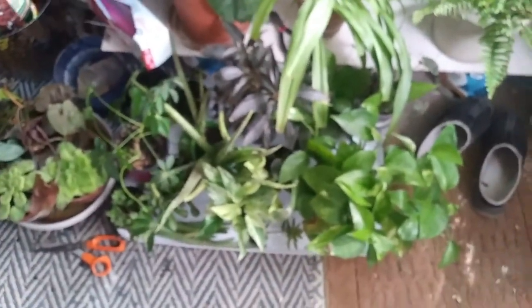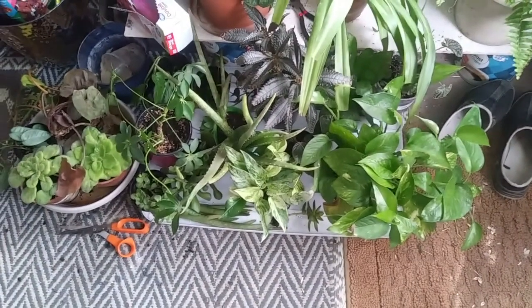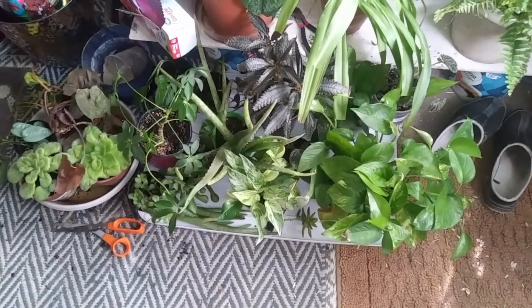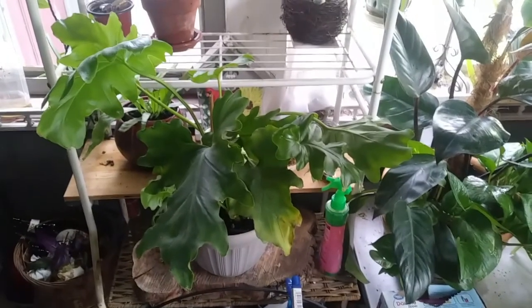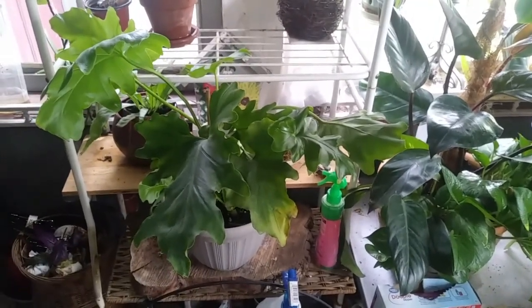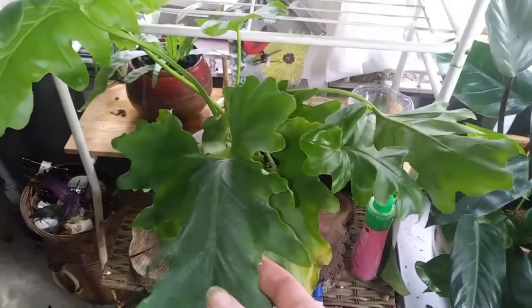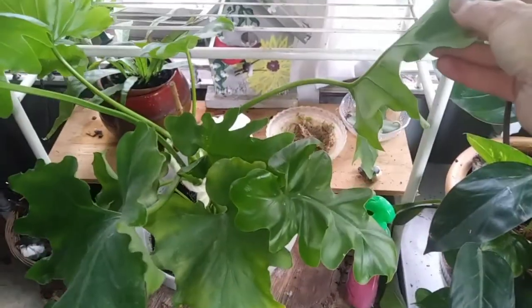And I've got more, I just got to figure out where the heck I put everything. The search continues. Oh, I think I've got all my daughter's plants in here. I almost forgot about her salon. This is a salon that